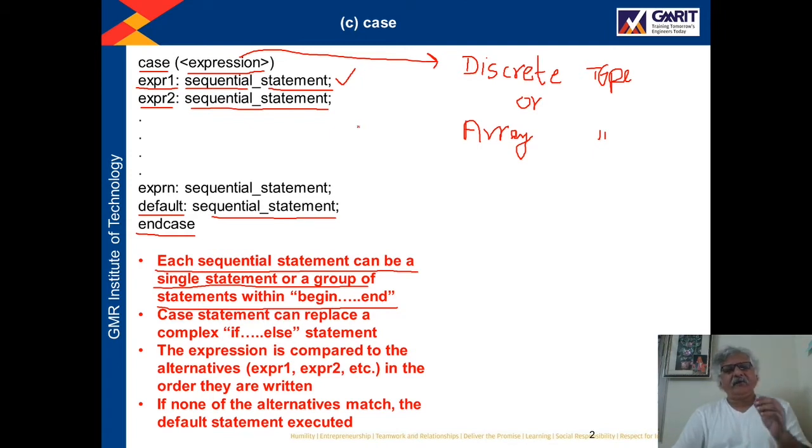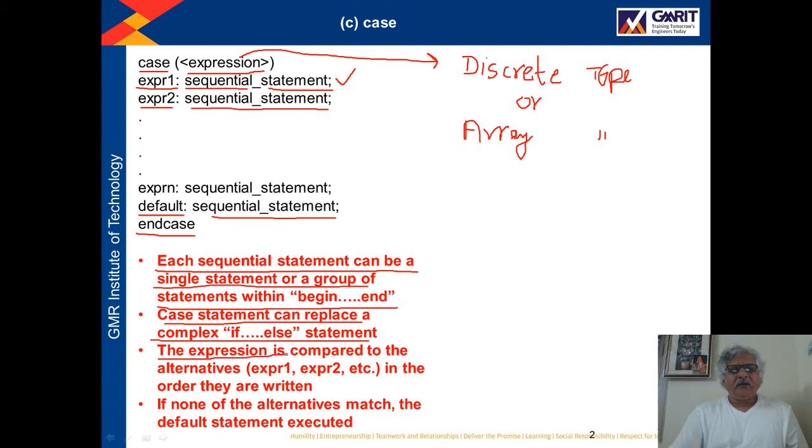If the statements are more than one, then they must be enclosed inside begin and end keywords. Now the case statement can replace a complex if else statement. So the case statement is an alternative form of an if else statement, which means you can replace the if else type of Verilog module by using the case statement.